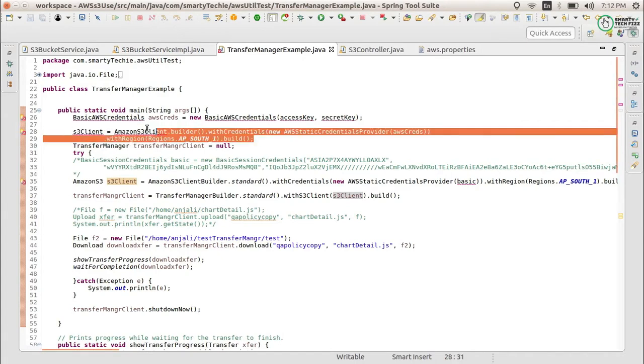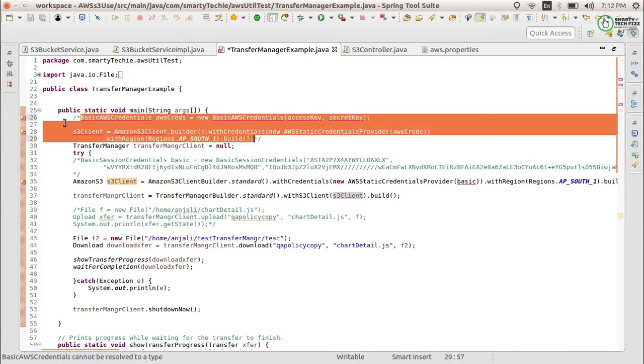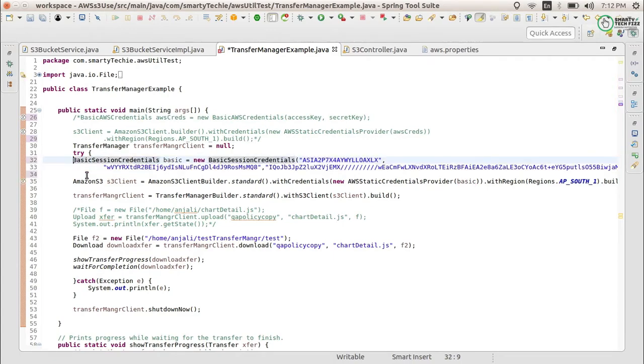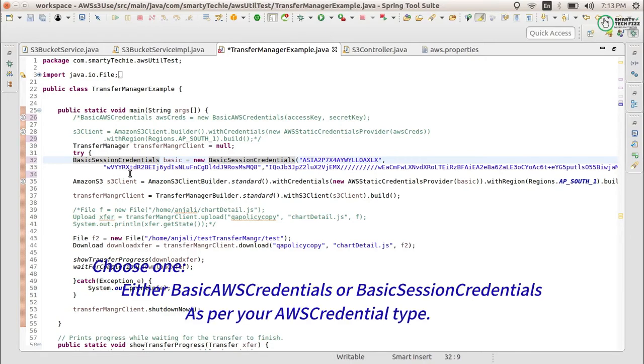But today I will do it using session credentials. What is it? If your IAM credentials have the session enabled on it, the access keys will provide you tokens, and then using these tokens you can hit the AWS servers and get your output.